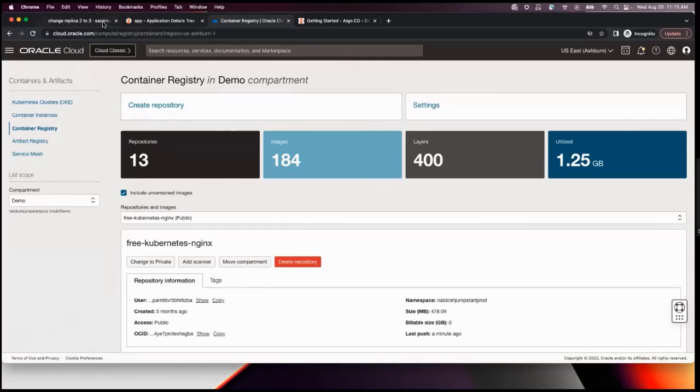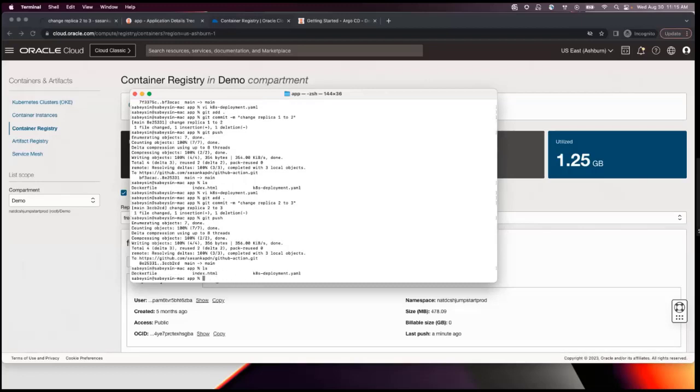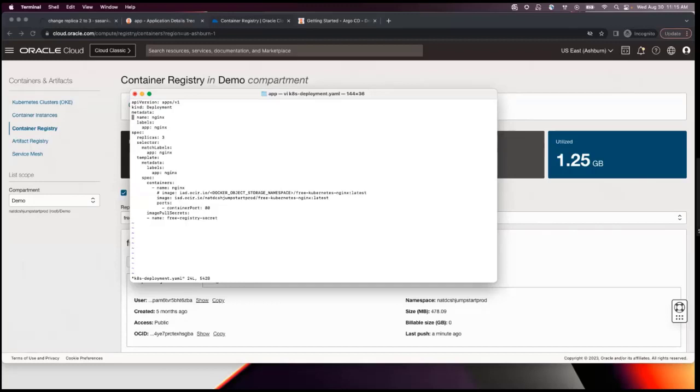When we go back again, we can change this one. If you have index and a deployment, I change it back to 1.